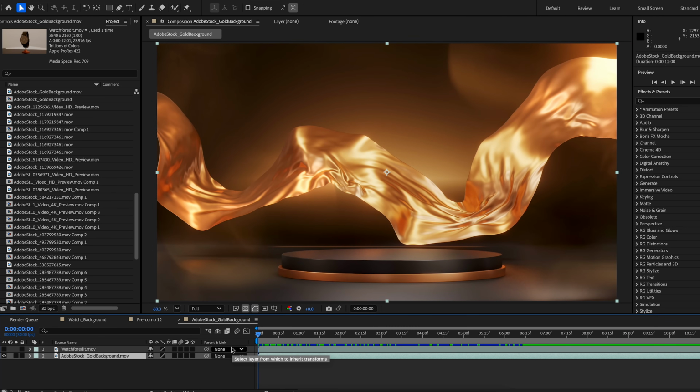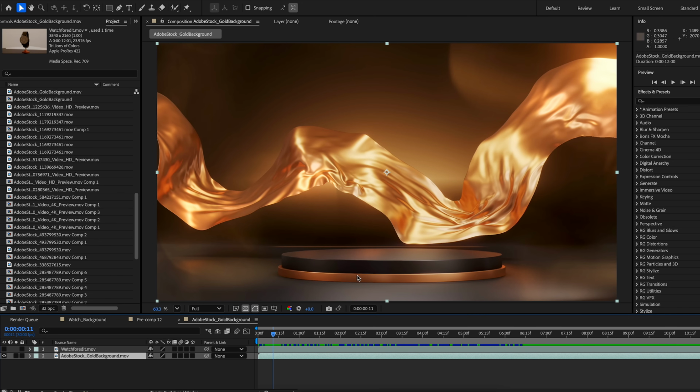Super easy. Two things to keep in mind when you are filming this, even though this is not a filming tutorial, is try to match the angle of your camera when filming whatever product, like our watch, to the angle of this, so it's a little bit above. As you can see, the angle is a little bit above the platform, and that will create a more realistic look. And then